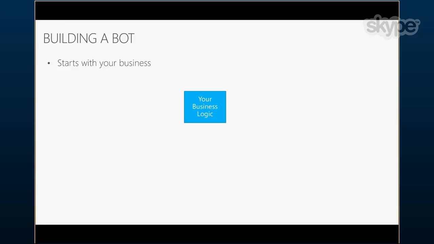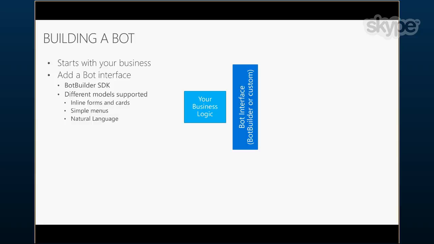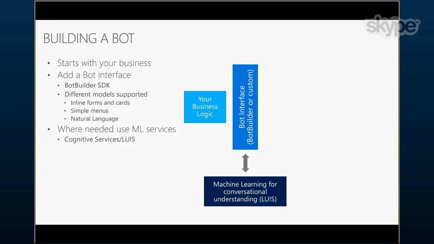Okay, so back to the bot. You start by writing your business logic. What exactly does your bot do? Once you have that, you then connect your bot up to the bot connector. Typically, when you're writing a bot, you need to add some kind of additional services, whether that's a call out to NOAA to retrieve current weather, or to call the Yahoo stock service to get the current stock value of a particular ticker name, or something else.